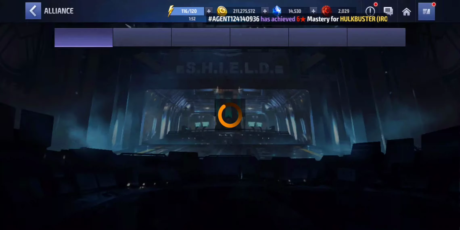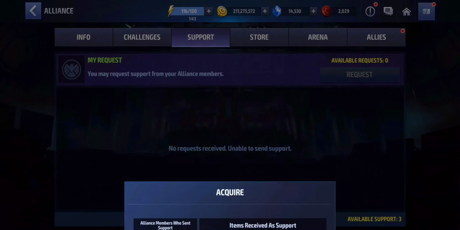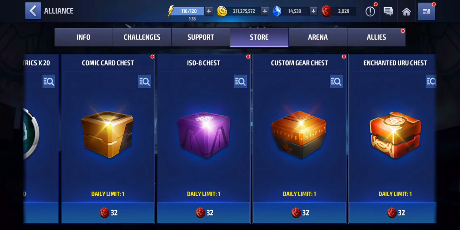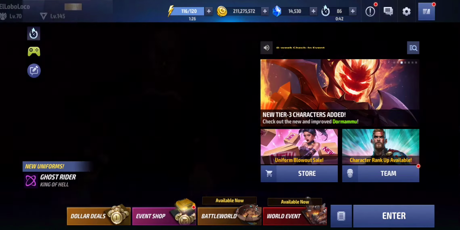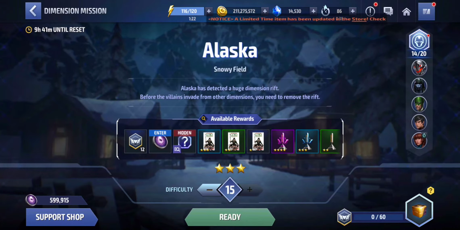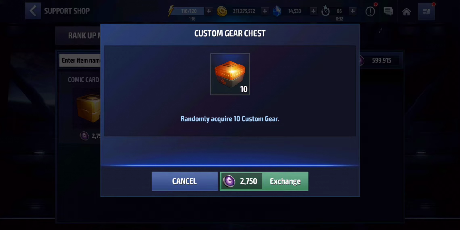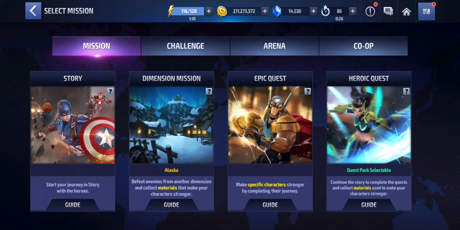So first you have your Alliance store. You finally gave me that. Good. You have your custom gear. Once again, I don't really recommend it because you only have the one purchase. You can also acquire it from your support shop. You can get 10 here, which is really not bad. You can get them,